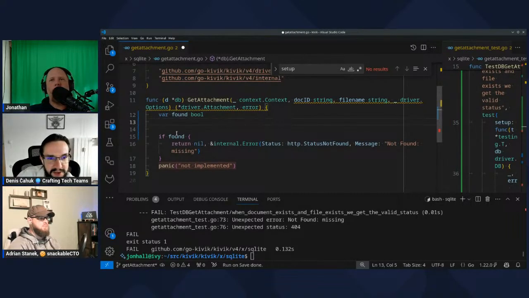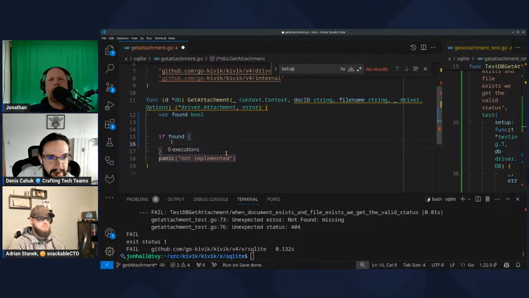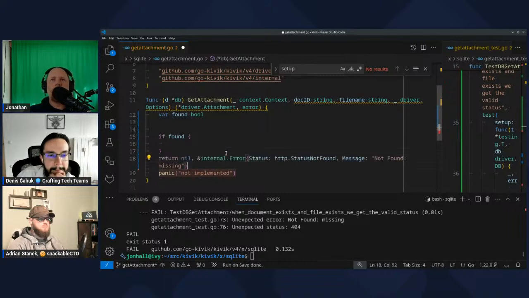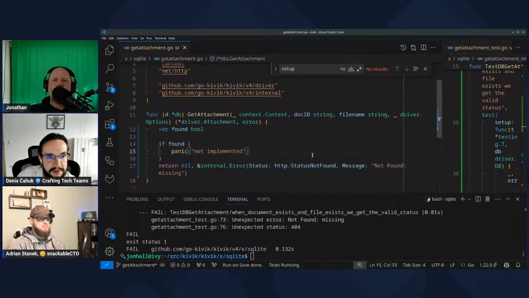If not found, so I would like us to invert that. If found, put this outside where the panic was. So just keep if found, but flip the panic and flip the if around. And put the panic there. And set the found to false.